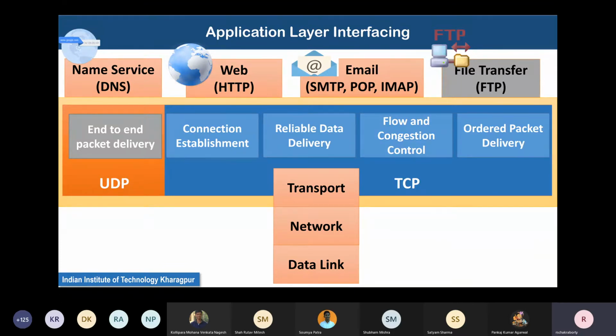We have not yet come to how the transport layer services work in detail, but at least you should understand how they help the application layer services. FTP is an application layer service. It interfaces with the transport layer service. People who have written the FTP application are aware of the transport layer services and the APIs they provide. These APIs, for those of you who are in the computer networks lab, in February, you will be given assignments to develop small applications which will use these APIs directly. So you will learn about them.